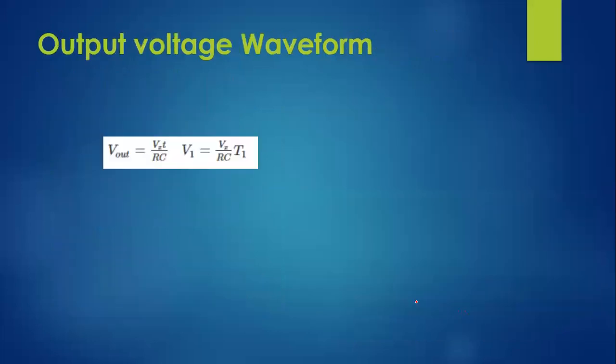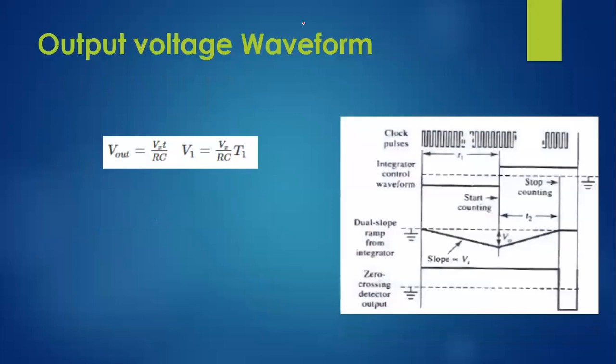So here we will show that in terms of this waveform. Initially, the clock pulses are applied continuously, and it will always be equal to 1. Next, we are applying the integrator control waveform. So first T1 we are applying, and during this T1 you are applying negative voltage. That means the integrator will have minus